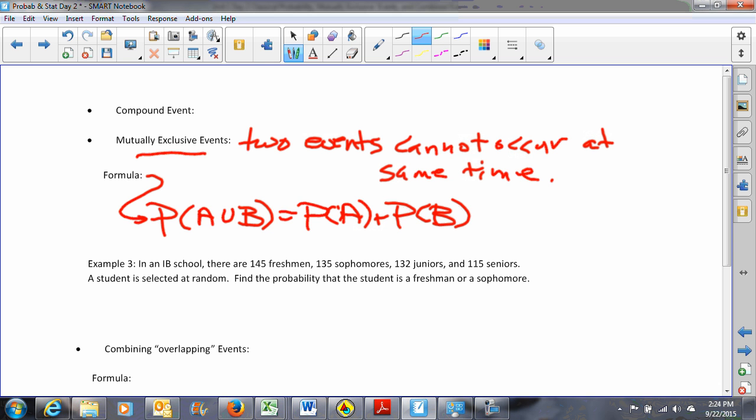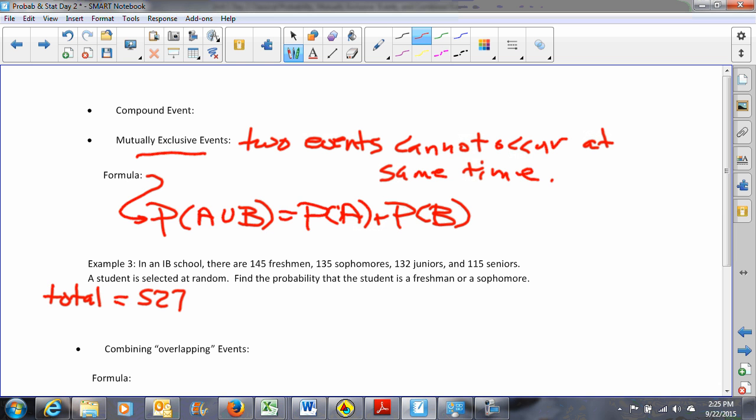Now, in an IB school, example 3, there are 145 freshmen, 135 sophomores, 132 juniors, 115 seniors. A student is selected at random. Find the probability the student is a freshman or a sophomore. Now, first of all, we need to know the total of students here, and I think when you add that up, you get 527. So, well, let's just use that number, and if I screwed that up, I'm sure that you guys can tell me about that later. Okay, but if there's 527 total students,